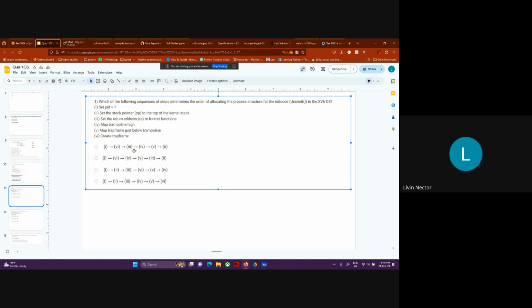So the third one will be setting up the return address to the forkret, and after that the stack pointer, right? So 3 after, then 2. It will be at the last. And before that, we are